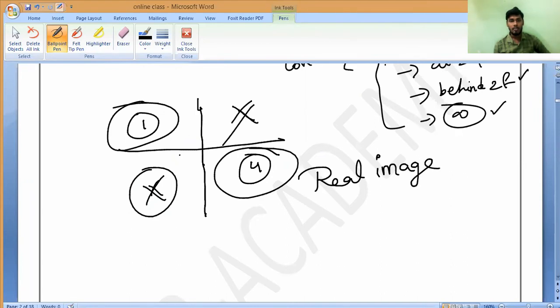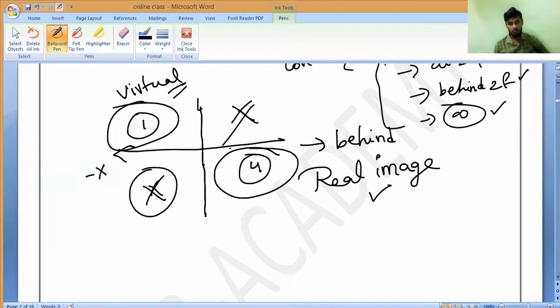Whenever the image is forming behind the lens, that is called a real image. Whenever it is forming in front of the lens, then it is called a virtual image. This is the only thing that is important for us. All of you should remember. Now tell me, this is which coordinate? Minus x coordinate. Is it yes or no? Yes, sir. And this is what? Plus x coordinate. And this is plus y coordinate. And this is minus y coordinate. Do you understand? So now, if the image is forming like this, then is the image distance positive or negative? You people tell me.